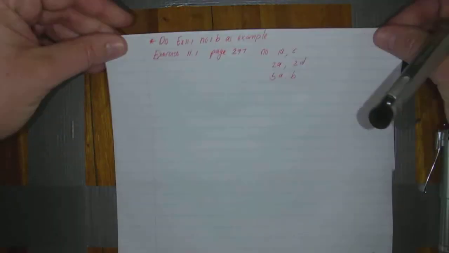Okay. So what you need to do now, please, is exercise 11.1 on page 297, number 1 AC, number 2 AD, and number 5A and